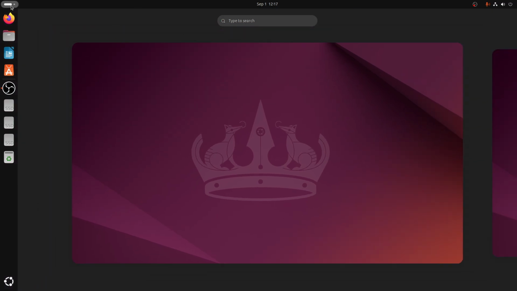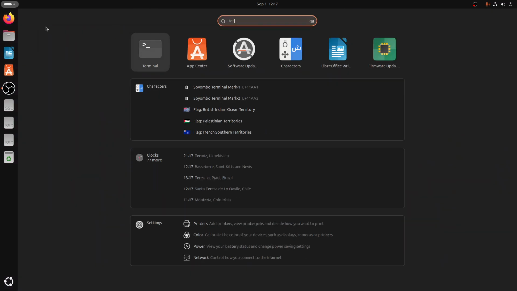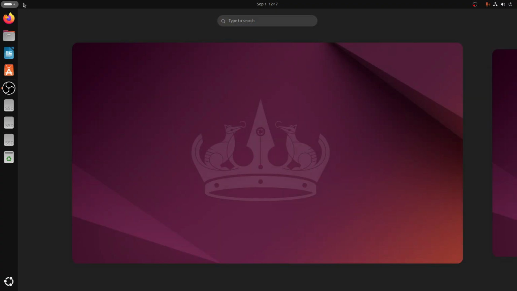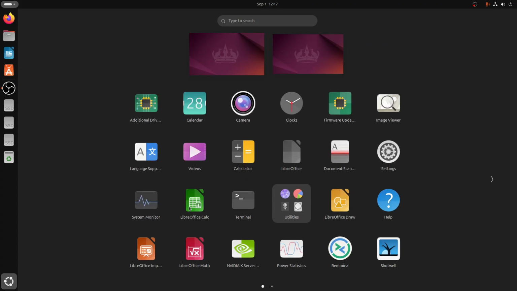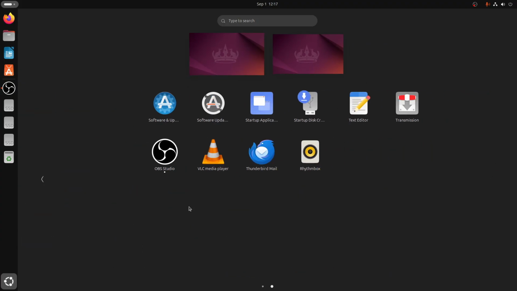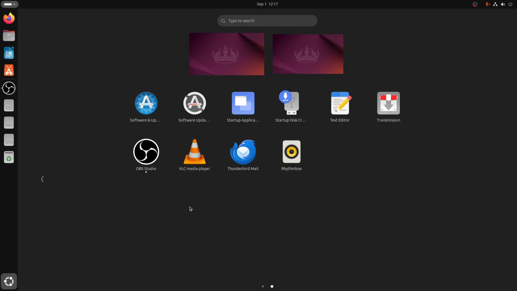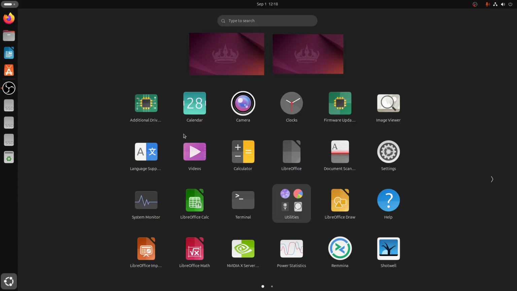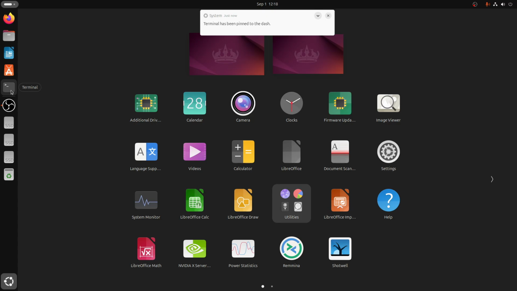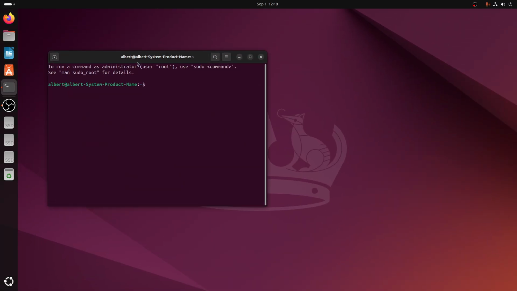I can do this to search for something like Terminal. The escape gets me out of it. Or I can go down here to this symbol and just see the apps. They're all alphabetical, so I'll slide the mouse a little bit, scroll, and where is Terminal? Well, I guess they're not alphabetical. Here's Terminal here. So I'm going to right click on Terminal and pin to dash because that's handy to have in the dashboard, which is like a toolbar. So I'll open up Terminal